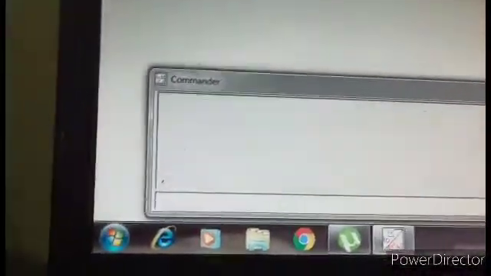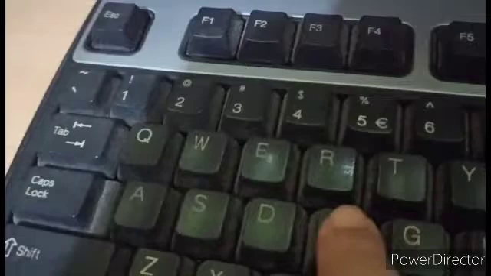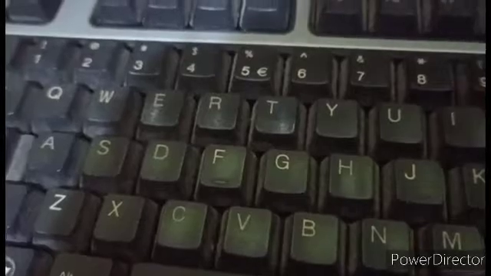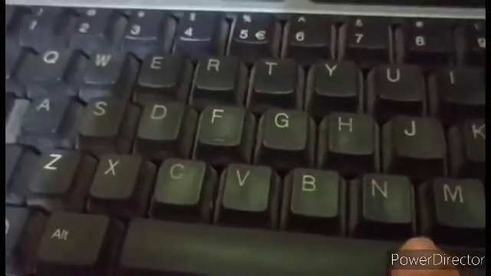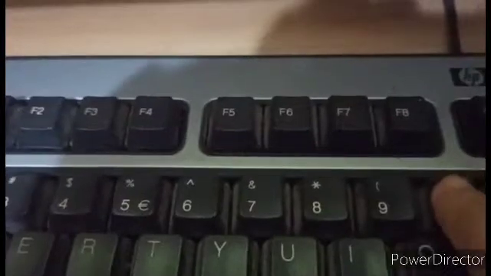RT moves the turtle to the right direction angle by angle, and LT will move the turtle to the left side by angles. So these things will be clearer when you practice these Logo commands. So first I am typing FD. Then the most necessary thing is, after typing a command, you need a space. Then you need a specific number, that is how many steps the turtle should move.